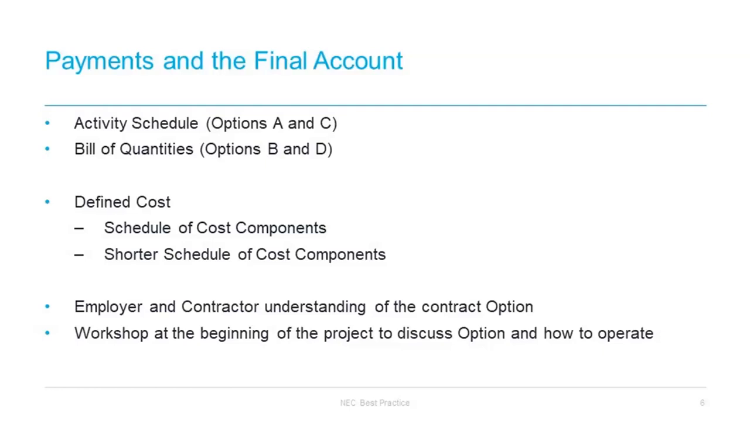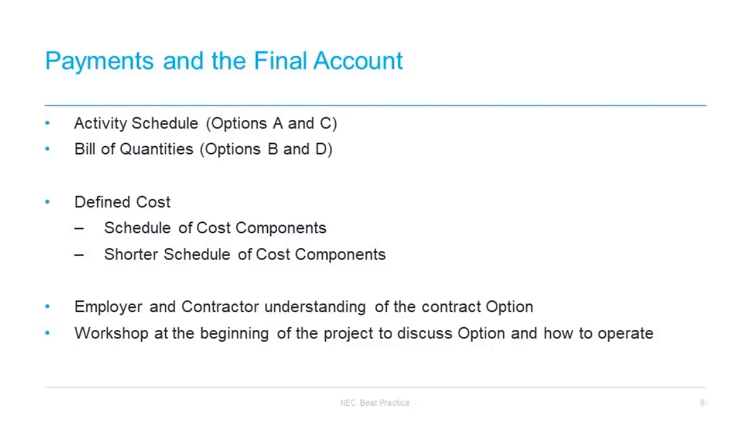It is important to remember that compensation events and remeasurement are completely different aspects and can be treated differently depending on the option being used. Options C and D use defined costs for calculating monthly payments and for the assessment of compensation events. Both use the schedule of cost components, that's the longer version, which is a more detailed schedule requiring more data in the contract data part 2, and that's just simply to reflect the more complicated payment approach in those two